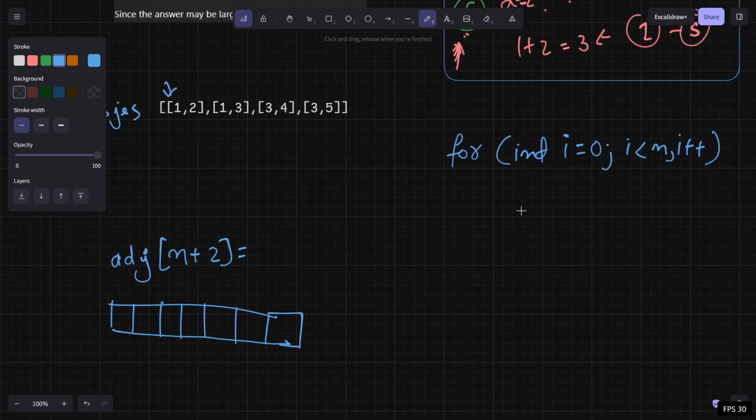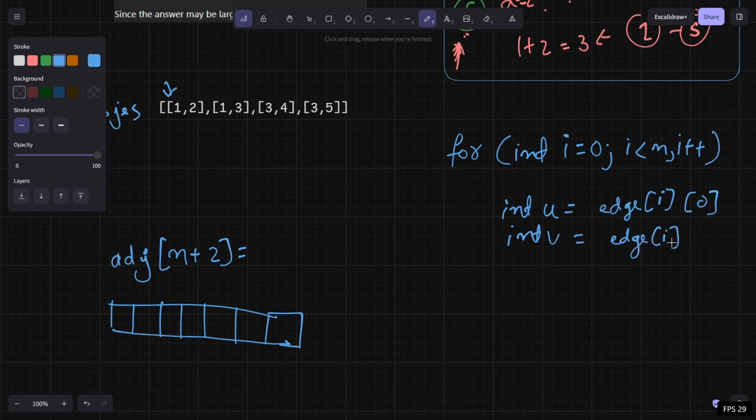So what we are given is u equal to the first node of the edge, that is edge[i][0], and v equal to the second node of that edge, that is edge[i][1]. And what we are going to do is